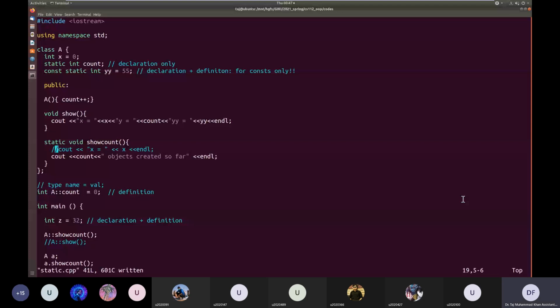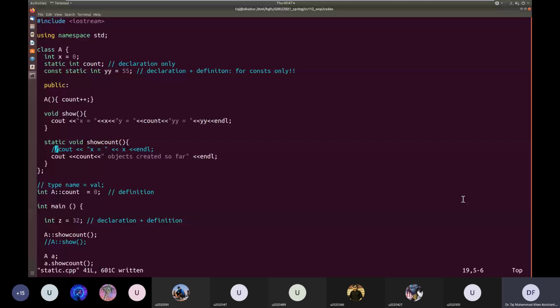So how can I access some variable that has not been created yet? A static member function can be called when there is no object created yet, so it won't make sense to access normal member variables, because they are only created when an object is created.